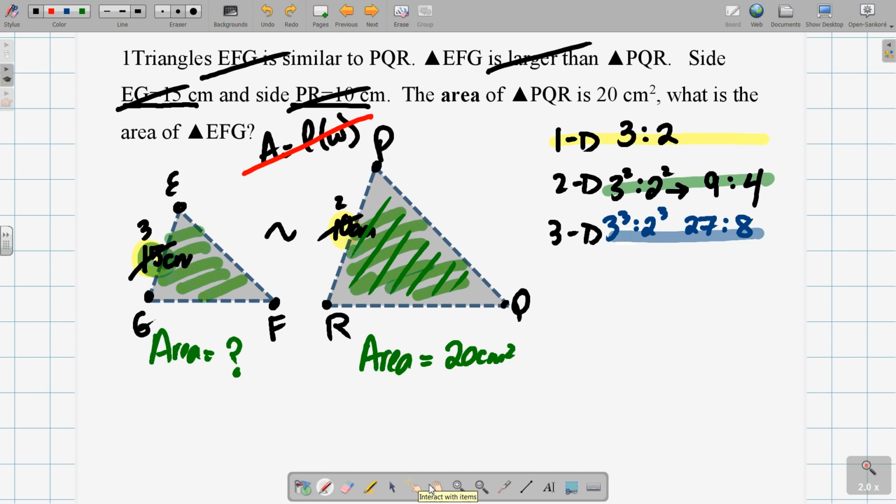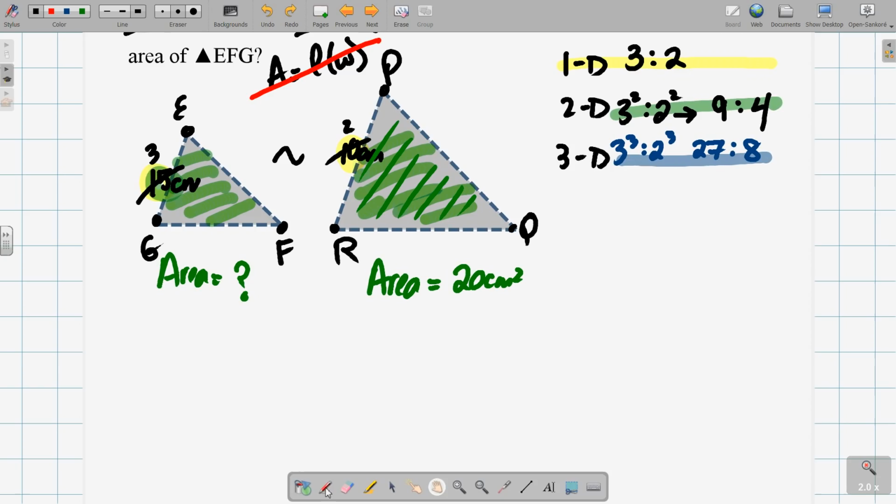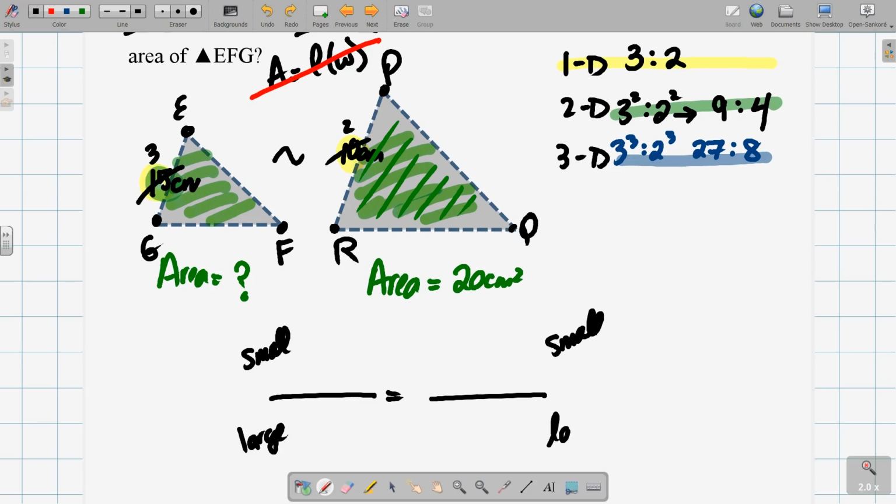We are going to make a proportion. We are told the area of our larger triangle. So I'm going to label small to large. That's important when you're doing proportions. You know which direction you're going. Small to large. The area of our larger triangle is 20 cm squared. We do not know the area of our smaller triangle. That's what we want to know. But the ratio of these have to reduce